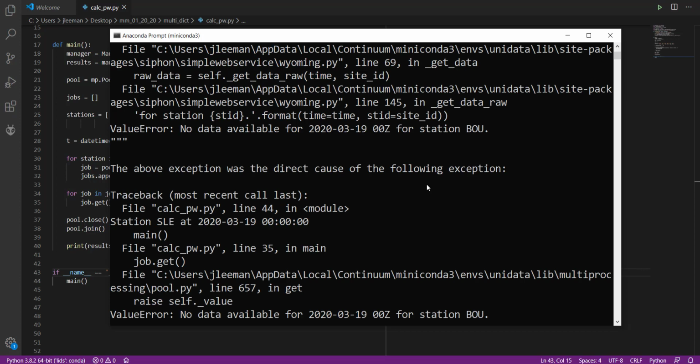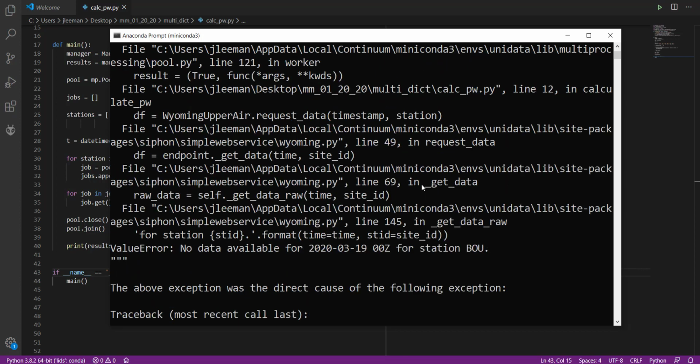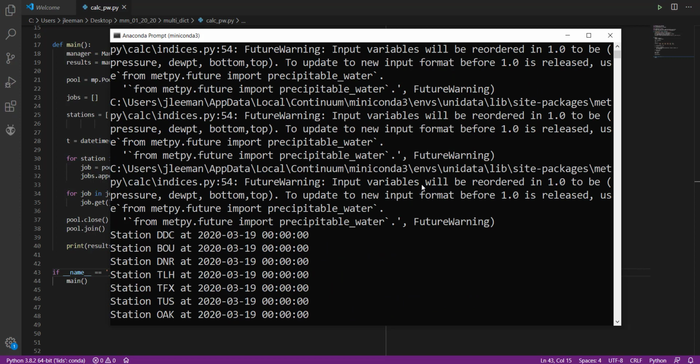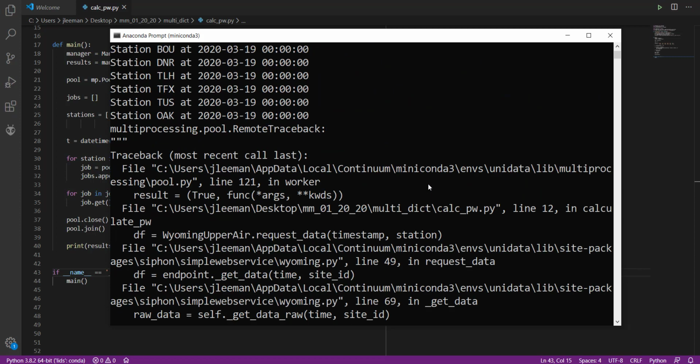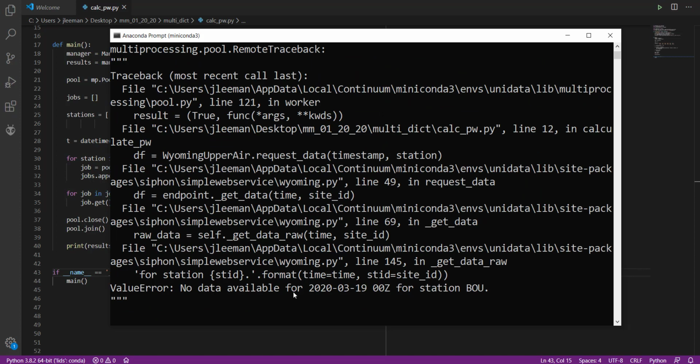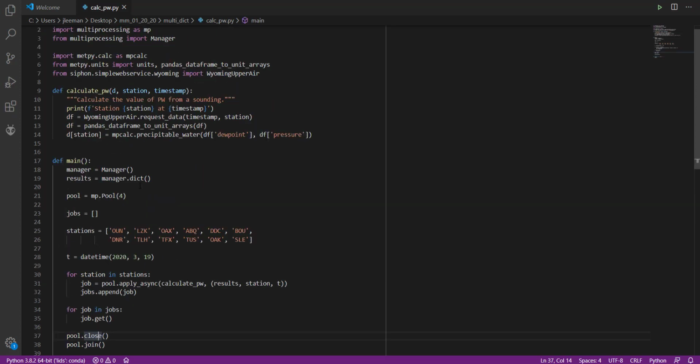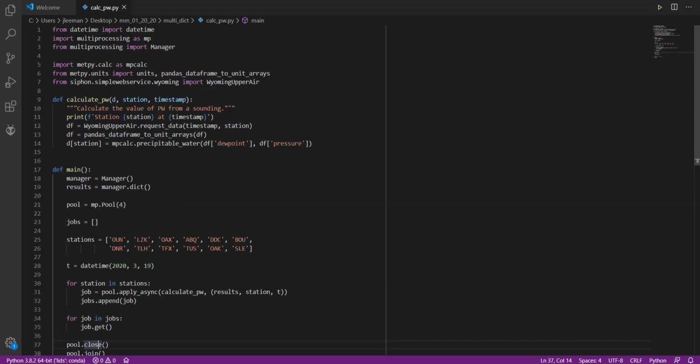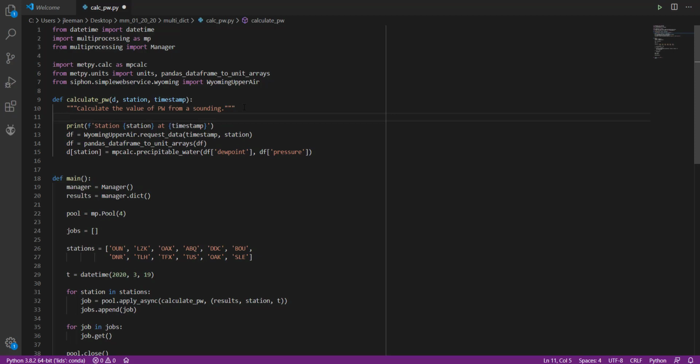So we see that it went out and tried to get that data, but we had some future warnings about the order of those things changing in MetPy 1, but we also had an issue with no data being available, or we may have picked a station that does not have data available. So I'm going to go back up to my function here and modify it slightly again. I'm going to put a try except block in. So we're going to try to do that,